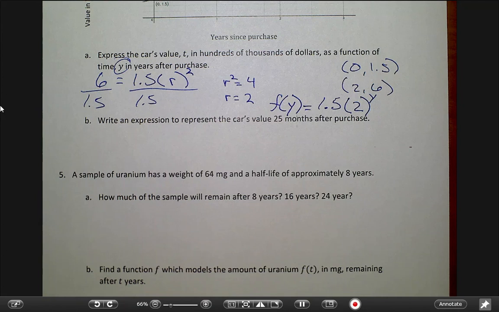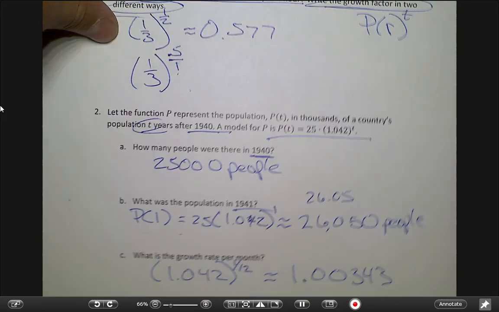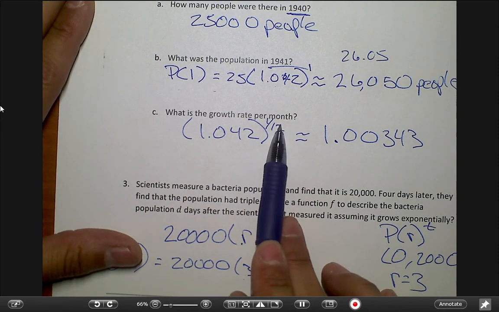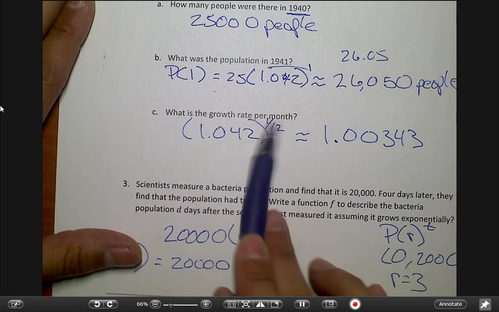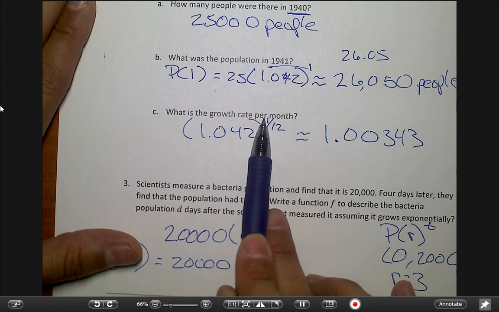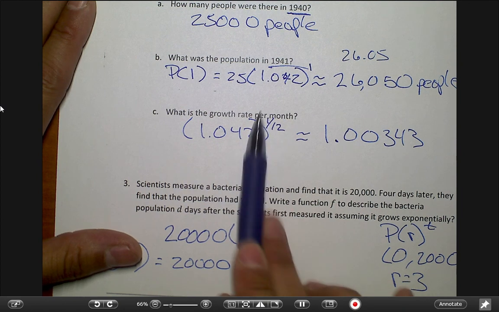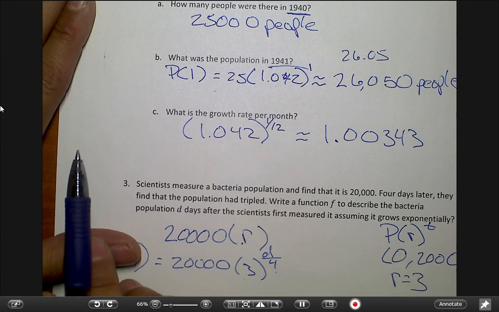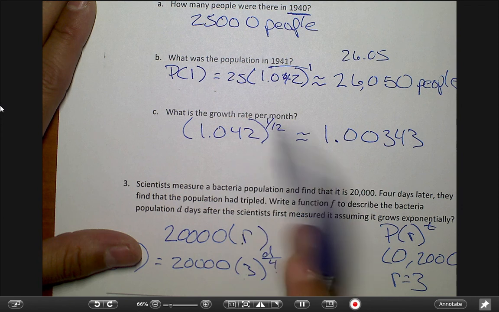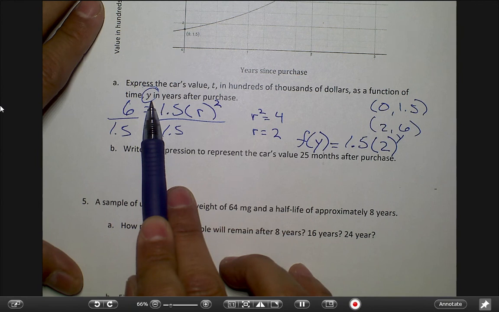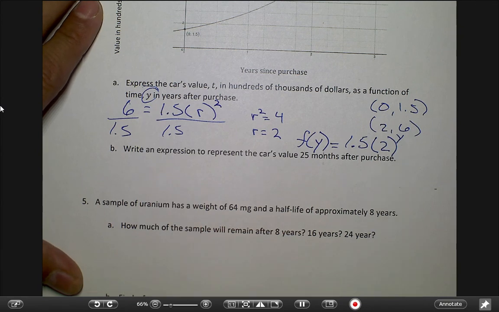Now the reason why it's slightly different, I want to point this out because a lot of people are having the same issue. This one is a fractional. They give it to us in a year, right? So your equation goes by years, but they ask for months. So 1 month, it takes 12 of those, right? It takes 12 of those. So 12 over 12 would be 1 year. That's the reason why we do a fractional. Because this one's in years, and I'm asking for months. This one right here is in years and asking for years. So we just have my y. So there's no fractional exponent.